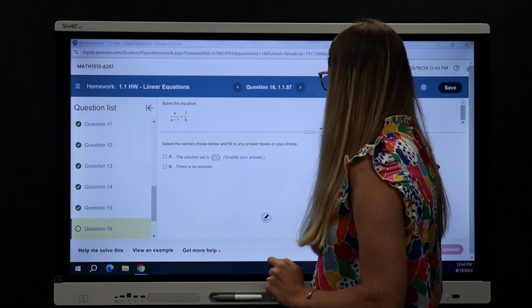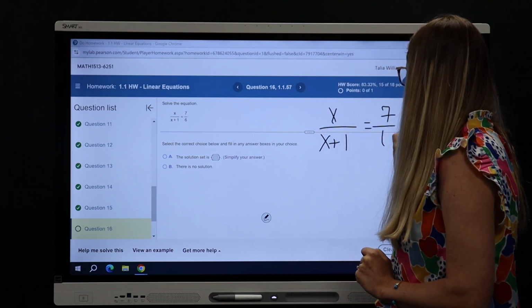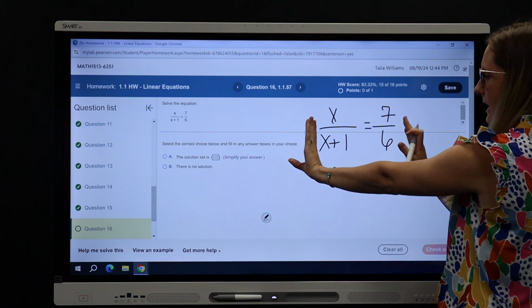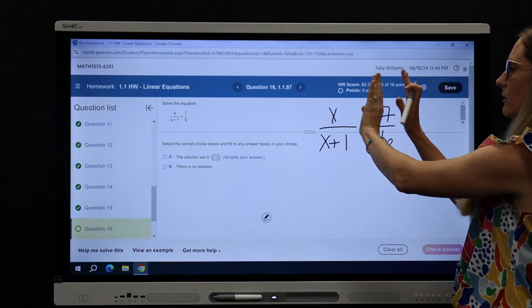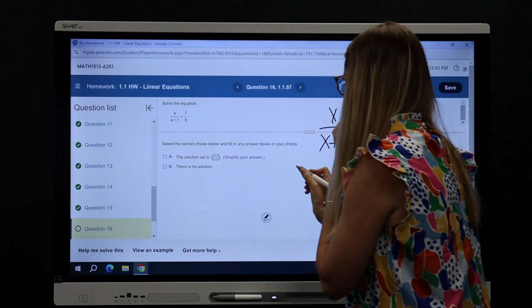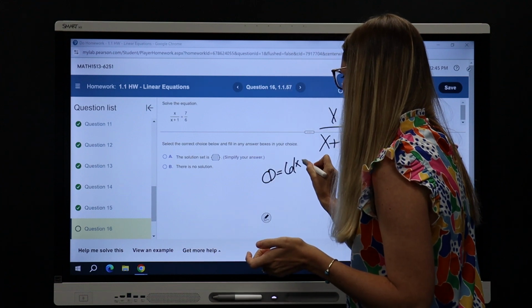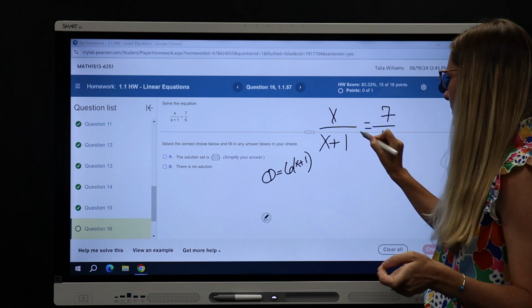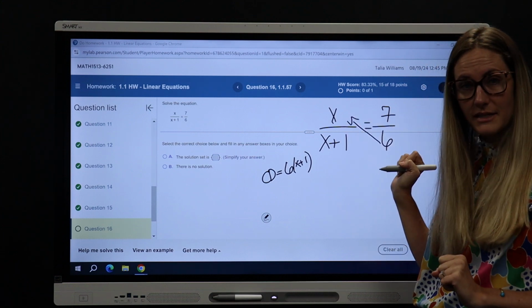X over x plus 1 equals 7/6. Since there's nothing being added or subtracted on the sides of these, I don't have to find a common denominator because there's not anything on the sides. But if I were to find the common denominator, it'd be 6 times x plus 1. So that's why this works. Because if I was doing 6 times x plus 1, I have to multiply that side by 6, and I'd have